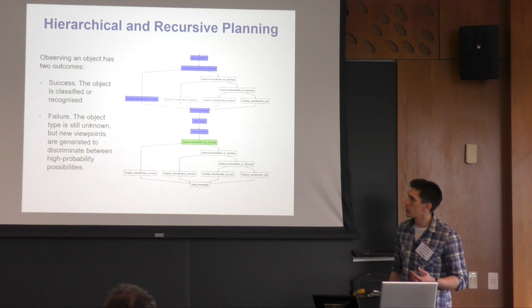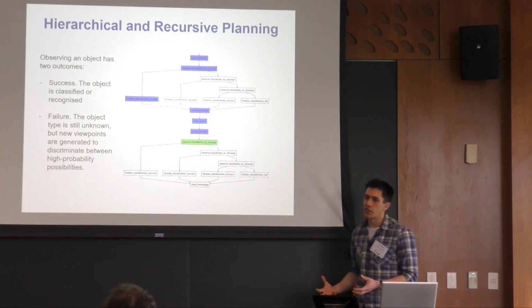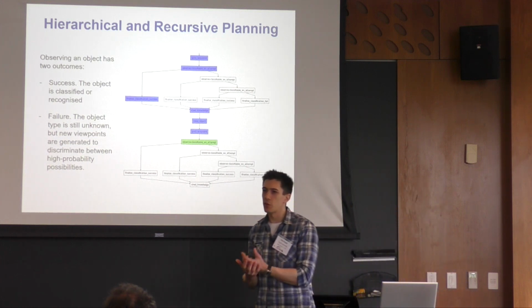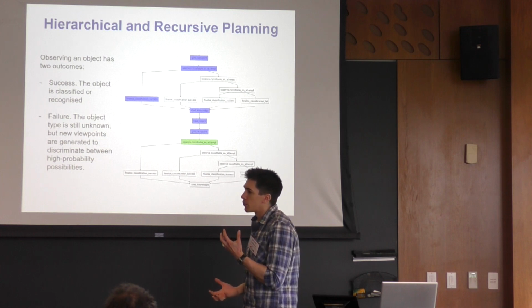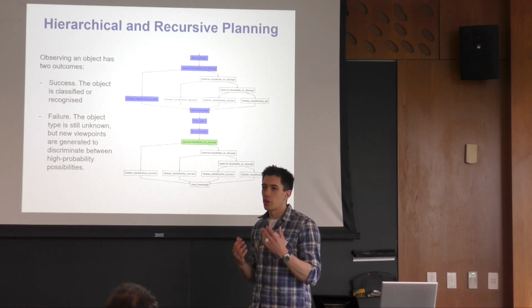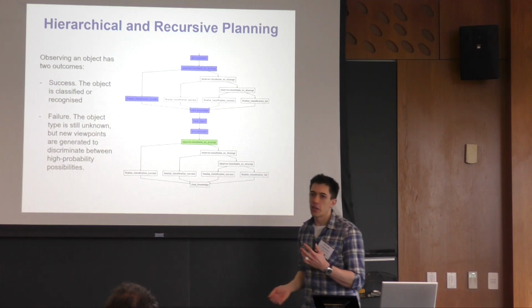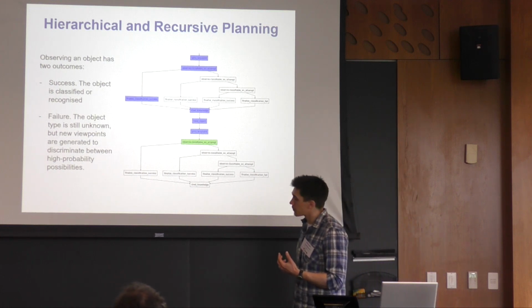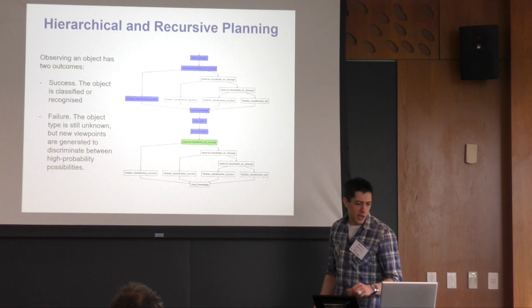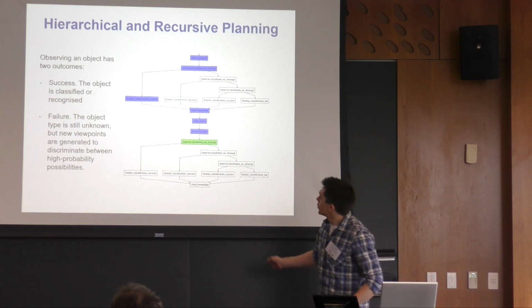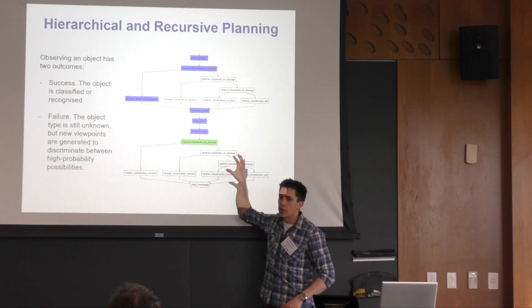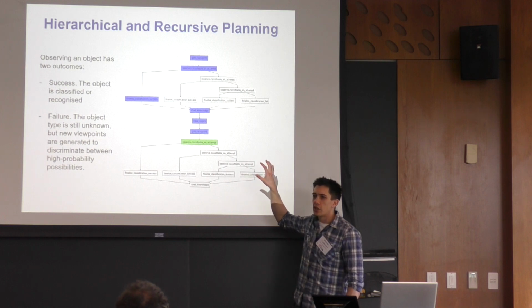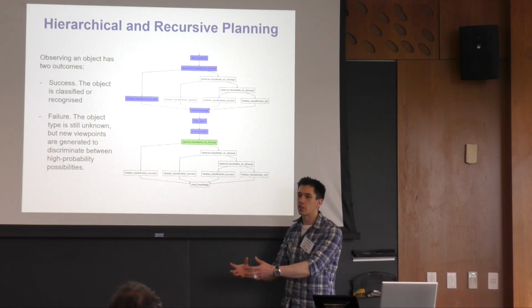We then wanted to generalize this concept. So this works well with two layers, but in the case we have of an unknown environment, we found that it could be quite useful to be able to extend this to many different layers. So in this example, we have a robot that needs to inspect and uniquely identify some objects in a room.